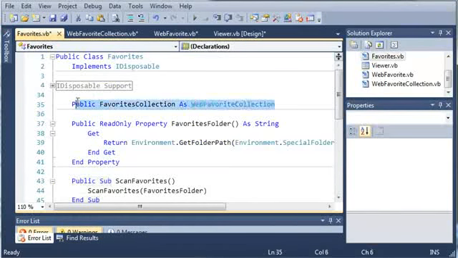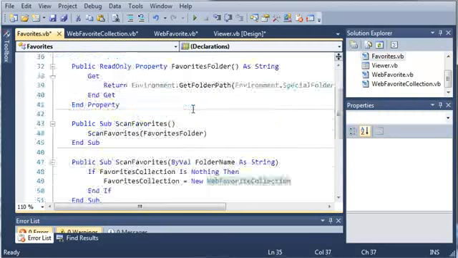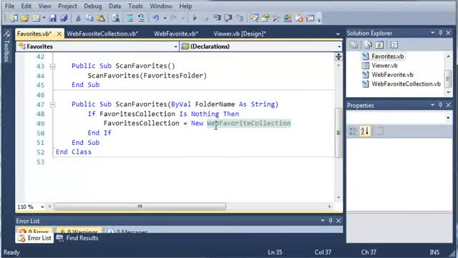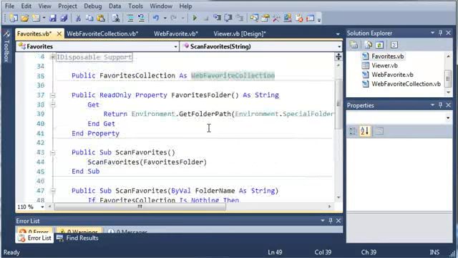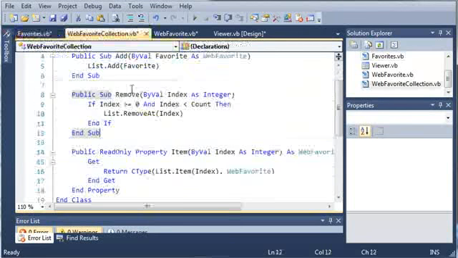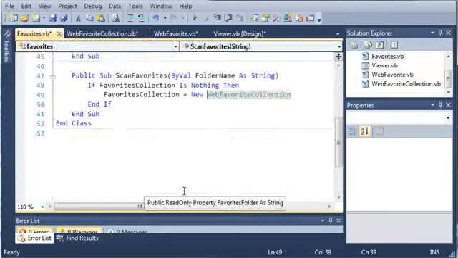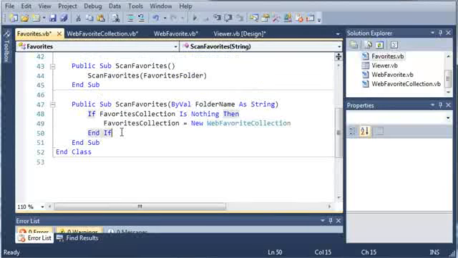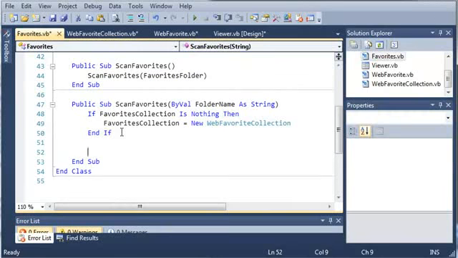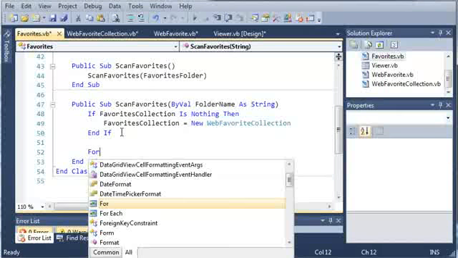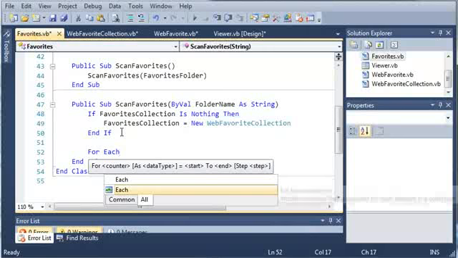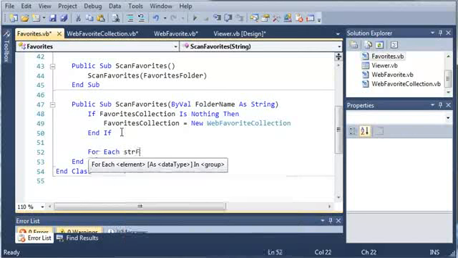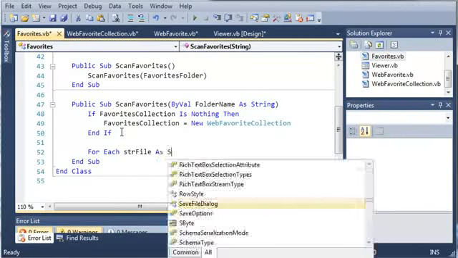That is the reason we didn't create a new instance of this up here, because whenever they scan favorites, it's going to change that and set it equal to a new web favorite collection. Web favorite collection is just the list that's going to hold all of our favorites. So let's come down below this end if. Now we need to go through each file in the folder and find our favorites. So we'll use a for each loop, and we're just going to call string file as string